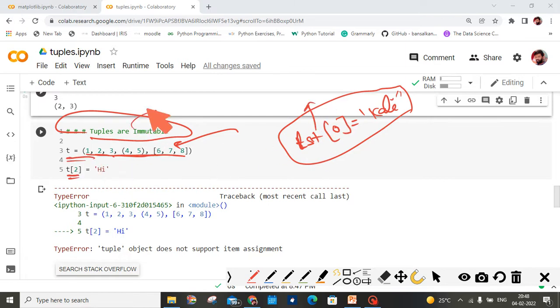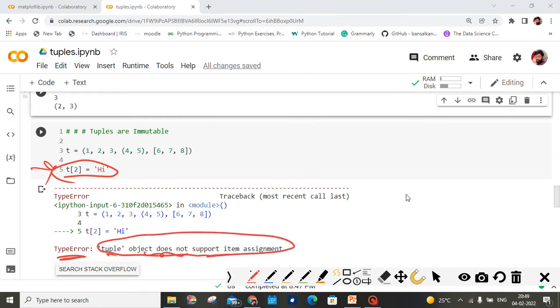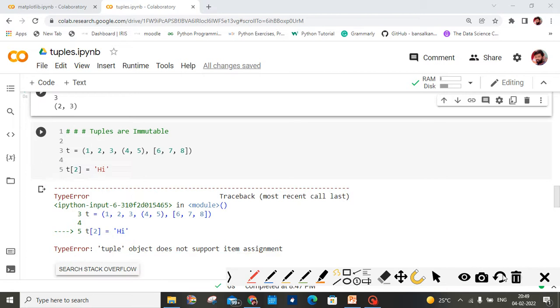Tuples are immutable. We can't do it like this. When we assign like this, an error is generated. What is the error? It is a type error saying that tuple object does not support item assignment.